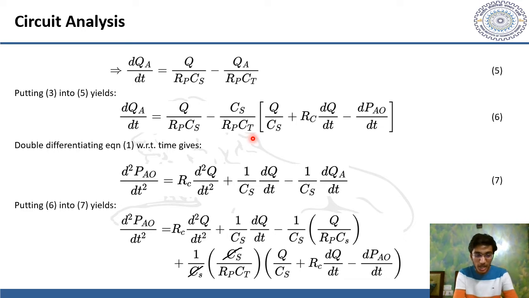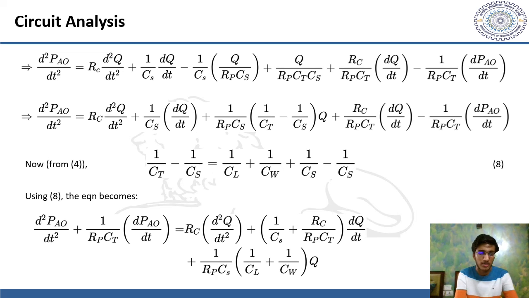of PAO. Double differentiating equation 1, which we discussed earlier, with respect to time would yield the second order derivative of PAO with respect to time, that is d2 PAO by dt squared equal to RC times d2Q by dt squared plus 1 over CS times dQ by dt minus 1 over CS times d by dt of QA. Putting equation number 6 into equation number 7 and then simplifying this expression would finally yield,